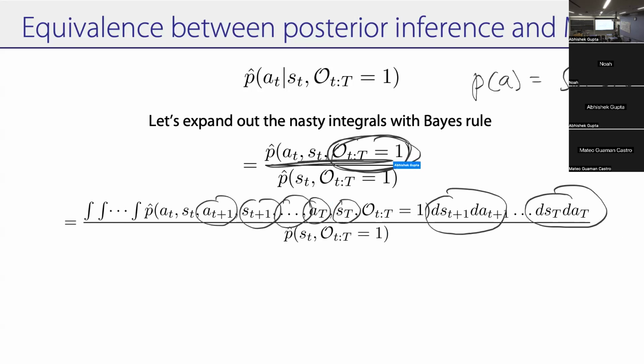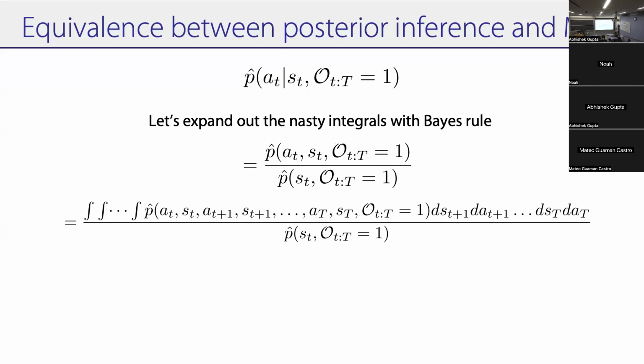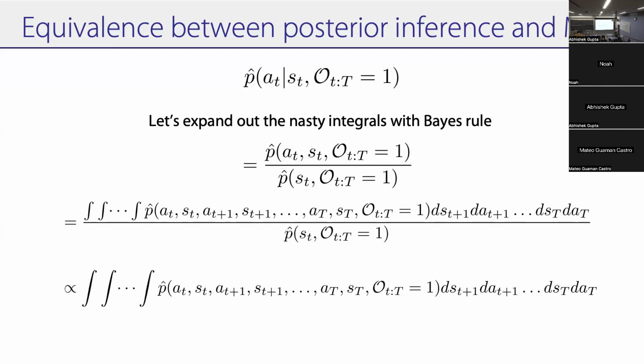So we're going to say that this likelihood, by this logic, is equal to this joint of A_t, S_t, all the A and S in the future, and optimality t to capital T. But S_{t+1} and A_{t+1} and all the future ones are marginalized out. Same logic: we just want to get it in terms of things that we know. So all we did here is Bayes rule, then we added a bunch of unnecessary variables that we're going to marginalize out, just so that we can get likelihoods that we know. Good. Okay. So now we know these likelihoods, right?